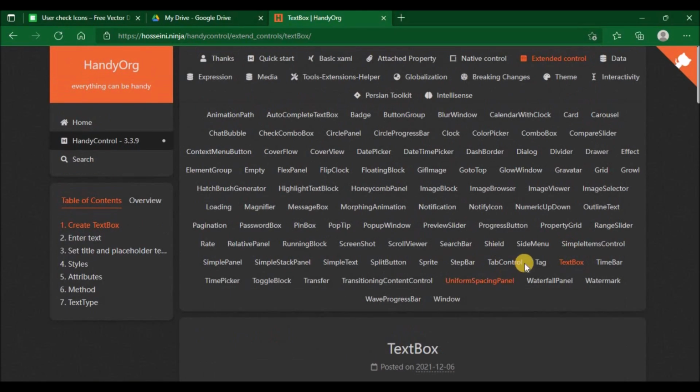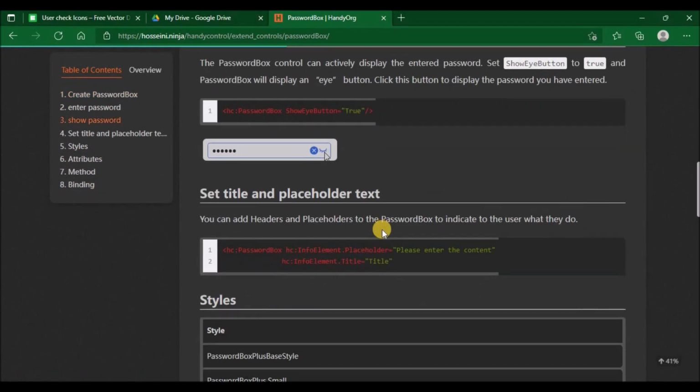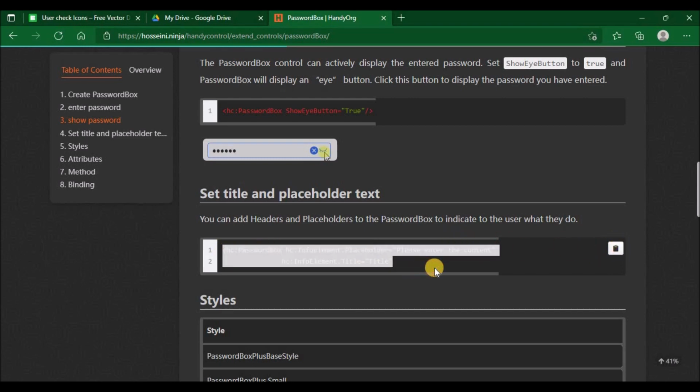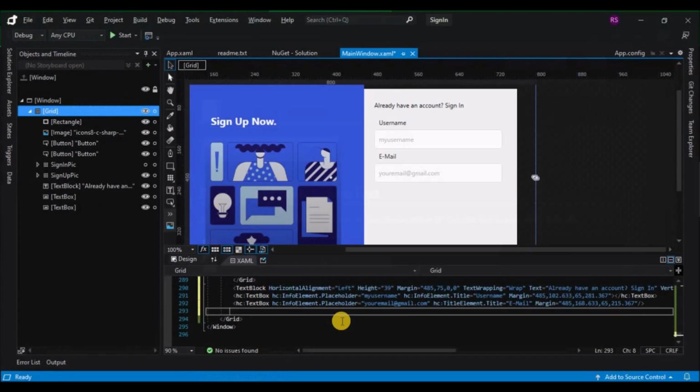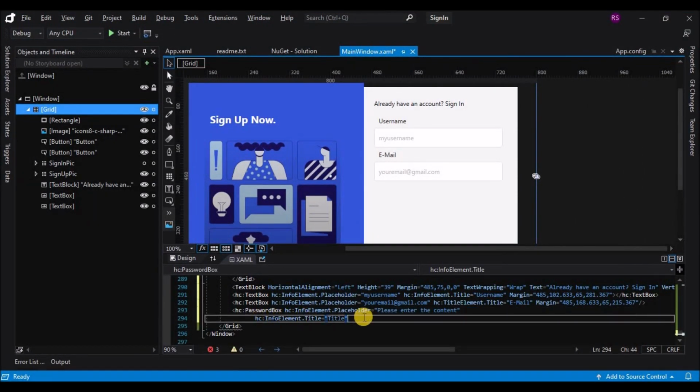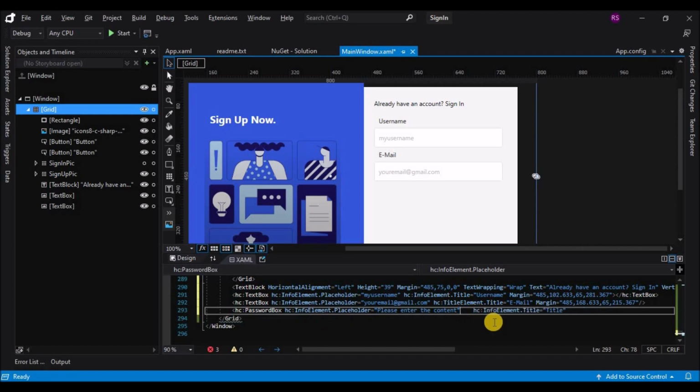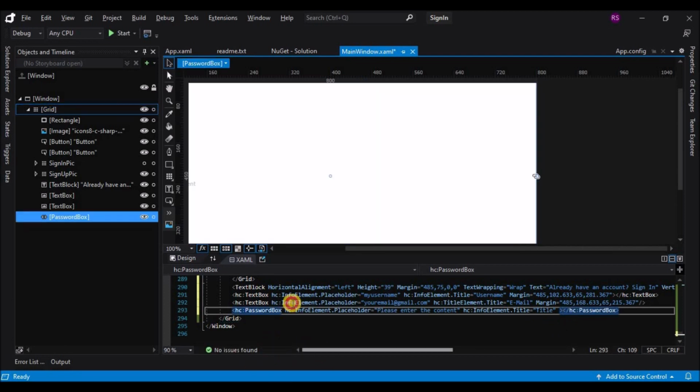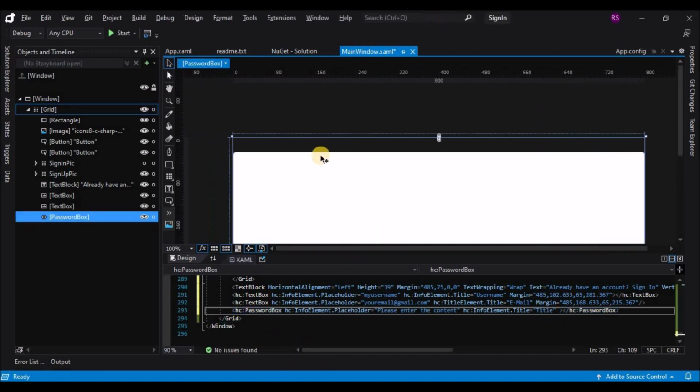So let's go to the documentation and click on the password box, and we'll find the documentation for that, and also a code snippet. So let's copy that code snippet and paste it. Let's resize the password box.